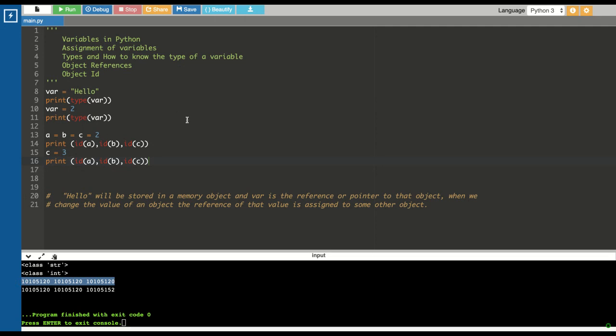But when I changed the reference of c from object 2 to object 3, you can see the object ID of c has changed, which proves the concept that I told you, that these variables are just references to the object. As soon as you change the value of an object, the reference is changed to that particular object. So this is how variables are handled in Python.